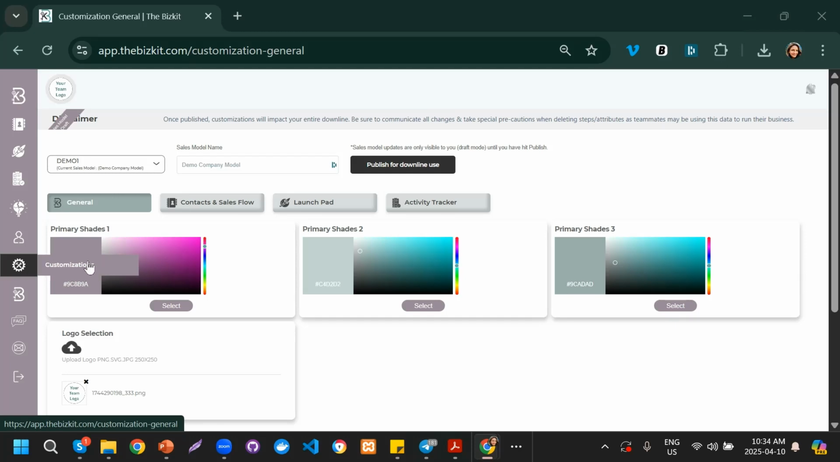So from your customization menu as an elite influencer, you have the ability to create your own personal branding experience. So you are able to change the three shades. I suggest that you play around with the shades. My suggestion is to have shade 2 be a little bit lighter and shade 3 be a little bit darker